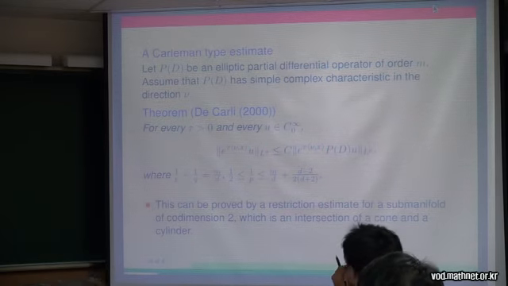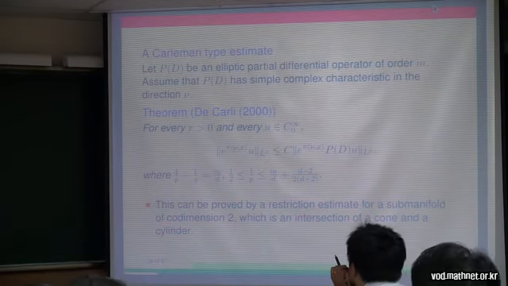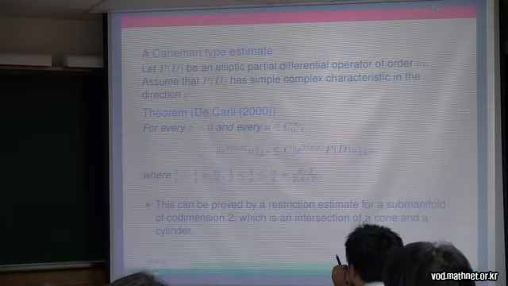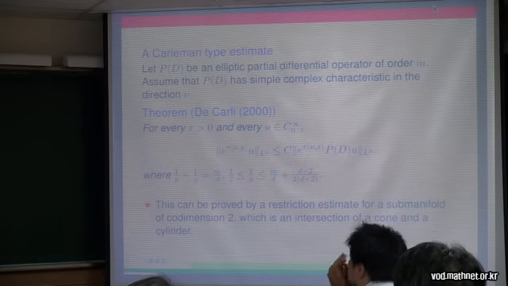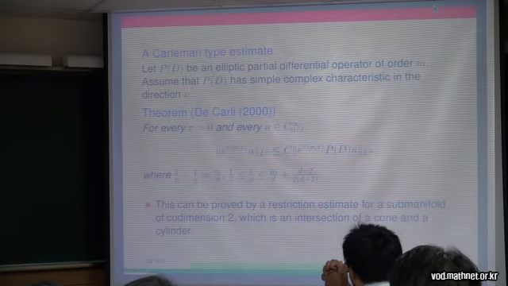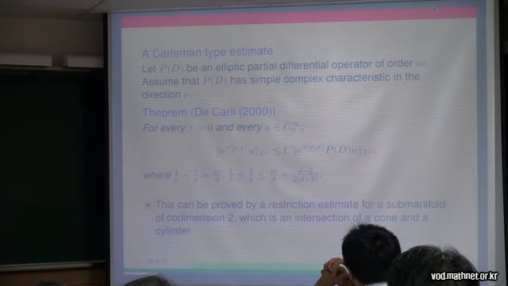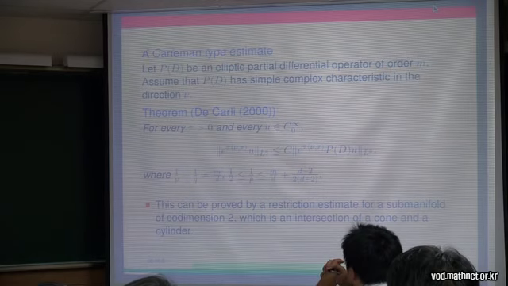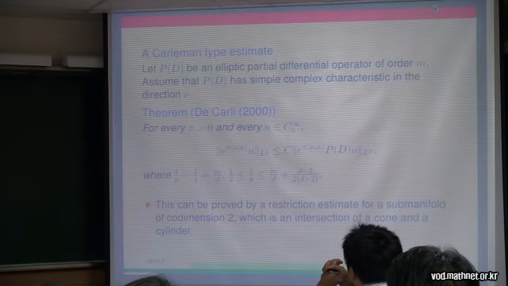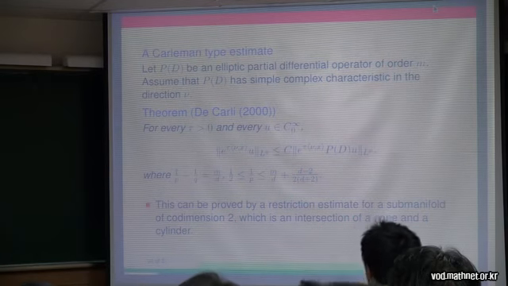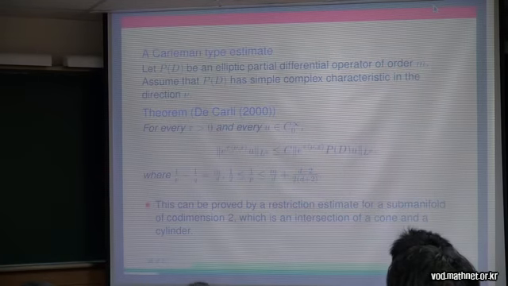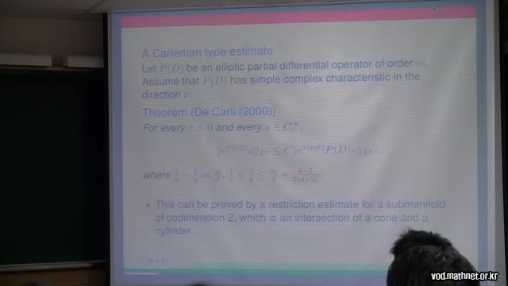This can be proved by the restriction estimate for a submanifold of codimension 2. Actually, she showed this estimate can be transformed to a restriction estimate where the manifold is the intersection of the cone and a cylinder. She proved this Carleman type estimate, and